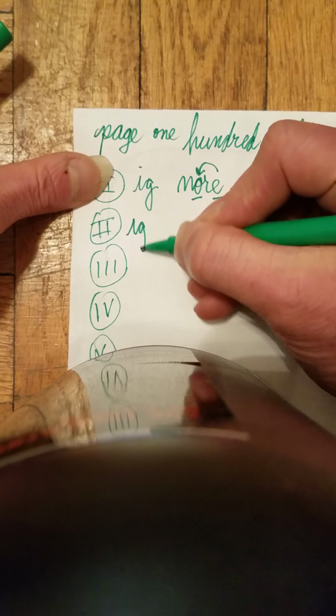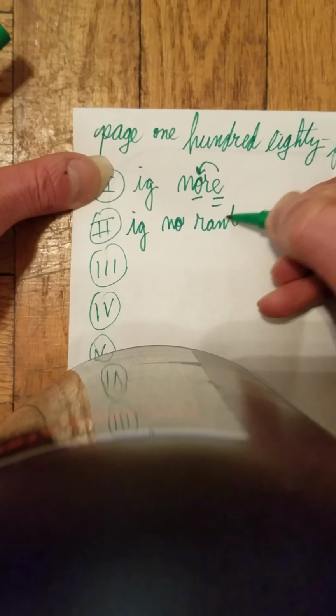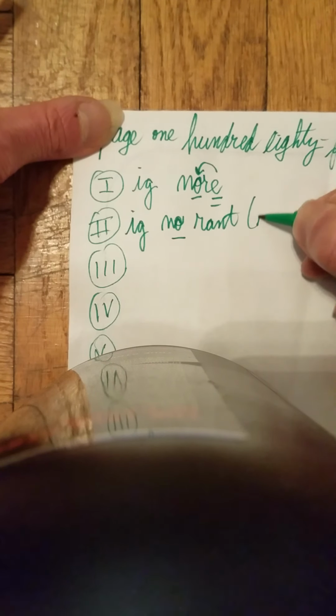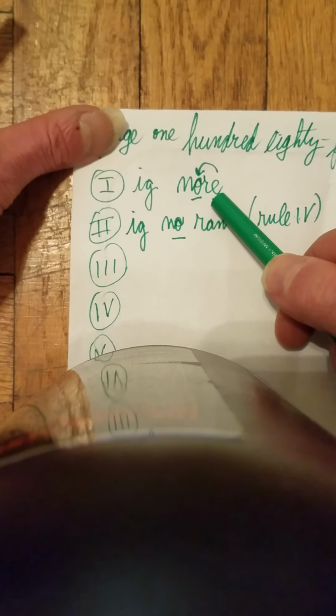Ignorant. How do we mark this up? Excellent. Underline the O. You got it. That's rule 4. And again, notice that ignore ends with a silent E. That is also rule 13. All right. Now, when you are ignorant, you show your ignorance.